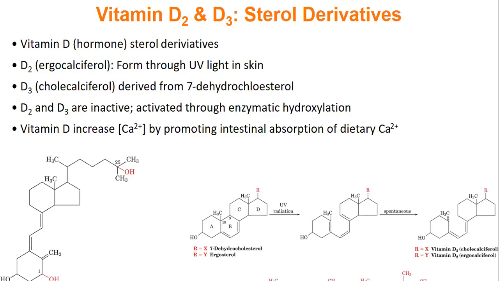D3 is made from 7-dehydrocholesterol. Don't need to really know that piece of information. Just know that vitamin D is made from steroids. D2 and D3 aren't active until you have an enzyme to turn it on. And one of the things that vitamin D does is that it increases the amount of calcium that you uptake while eating dairy. So that's why you always see on milk with vitamin D. They're trying to say, hey, we have this extra vitamin, so when you drink our product,